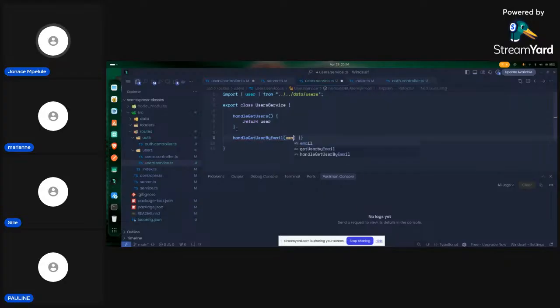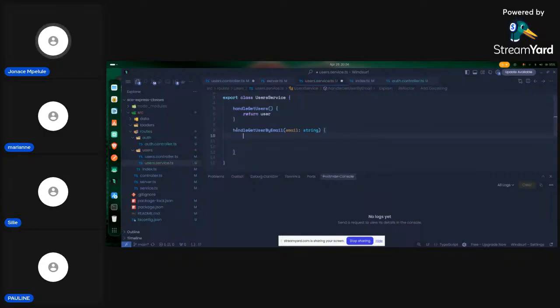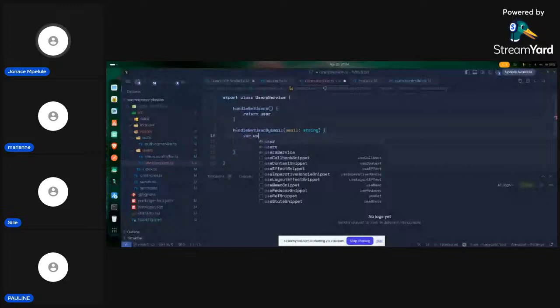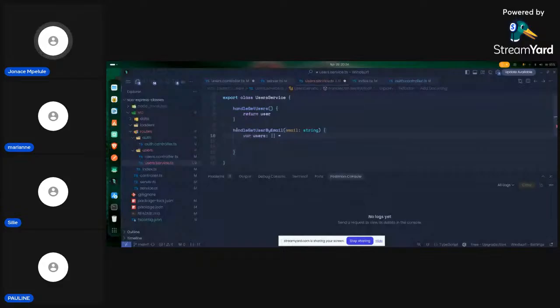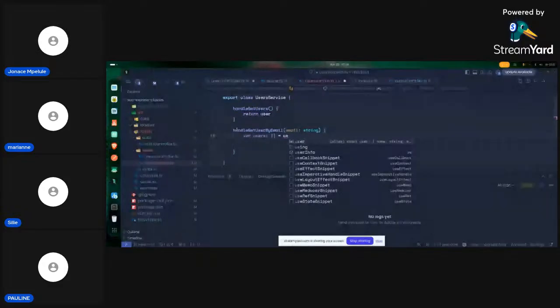So we're going to say give us the email like that. So from a list of users, we want that one user, or it's a list of users that have that email. So list, and we say user filter,